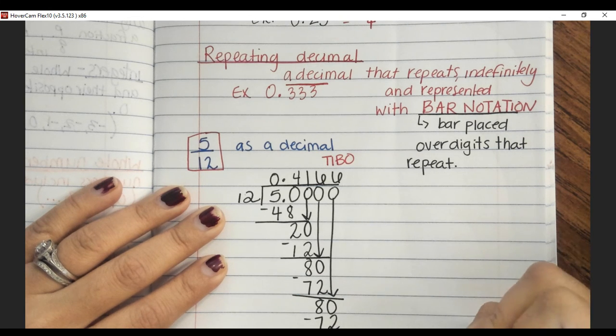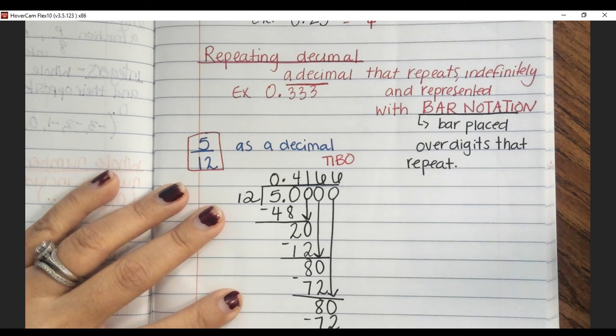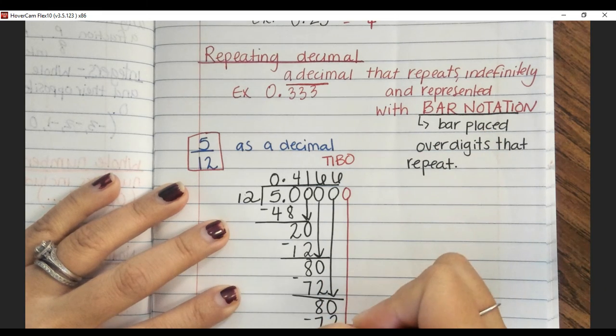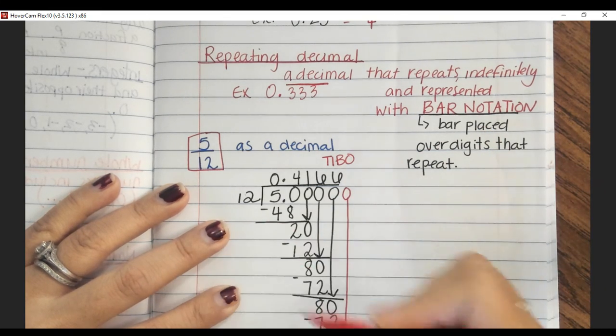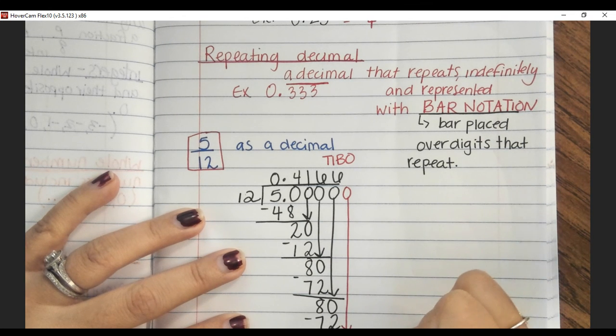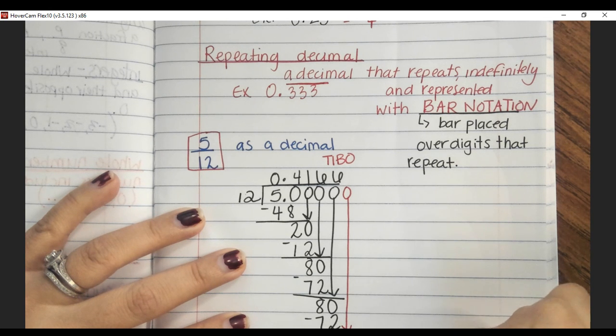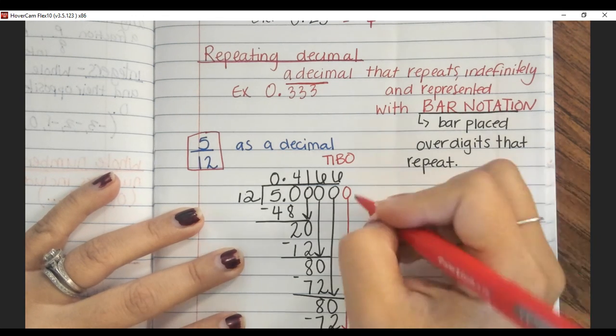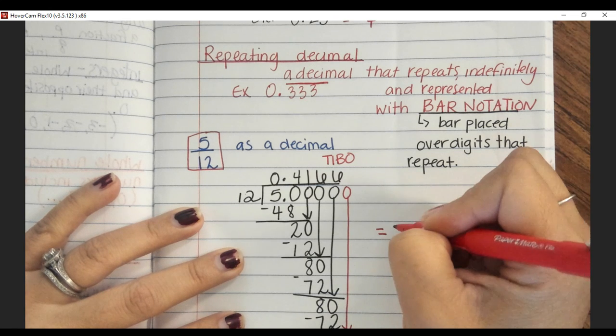So here I'm starting to notice a pattern. Okay, so right here, if I added another 0, I'm going to get 80, and I'm going to repeat this same pattern. So this tells me that the remainder will never be 0. It's going to continue the same pattern, okay? So 5/12 as a decimal, I'm going to express that as